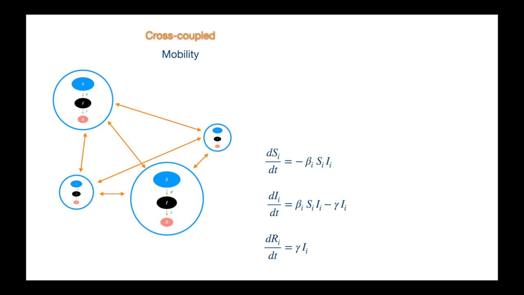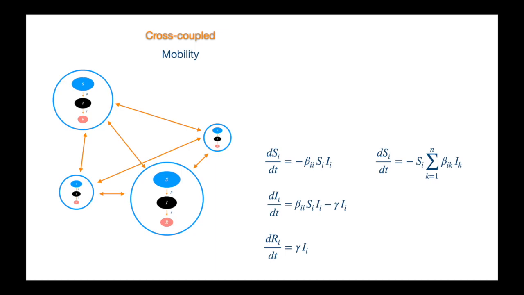To consider the possibility that an infection in region i might be caused by an infective of another region, we can write beta with 2 indices. And now it's quite easy to couple the SIR equations. The summation just reflects the fact that a susceptible in region i may get infected by an infective from any of the regions,